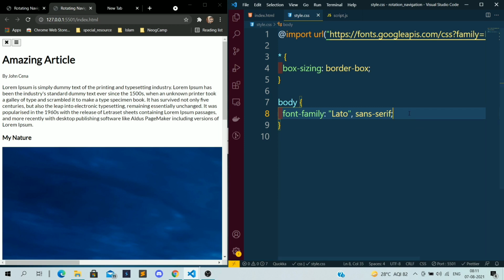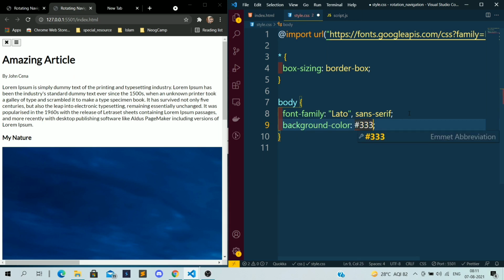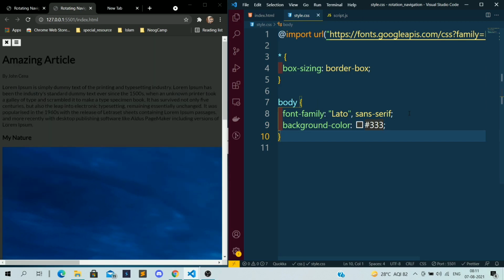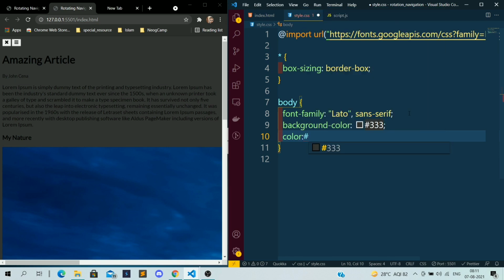I want to use the background color of body, background color of #333. As of now it will show all black because I have applied the background color to the whole body. I want to use the color in the body of #222.